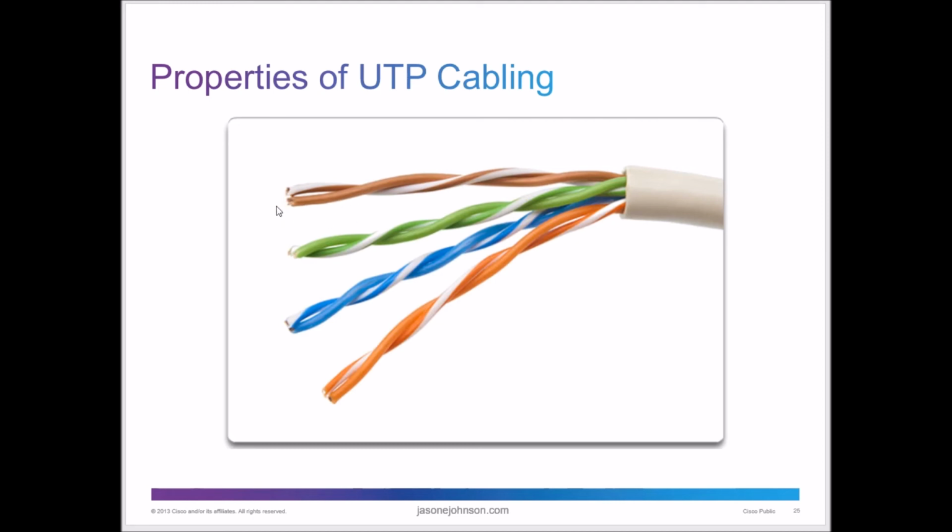So you're typically going to have 4 pairs of wire. You're going to have 8 wires, 1, 2, 3, 4, 5, 6, 7, 8, inside of some type of plastic coating or plastic sheathing. A lot of times, like I said, you're going to have some type of plastic line that comes with that, either fiberglass or some type of plastic that runs along with it, and you usually have to cut that off when you cut these to put your end points on there.